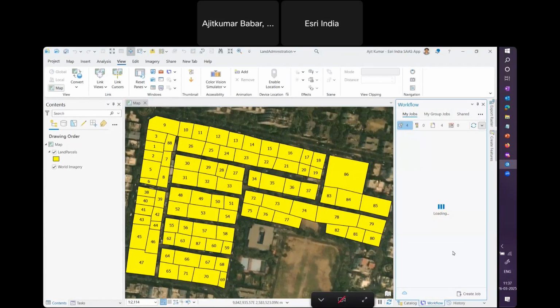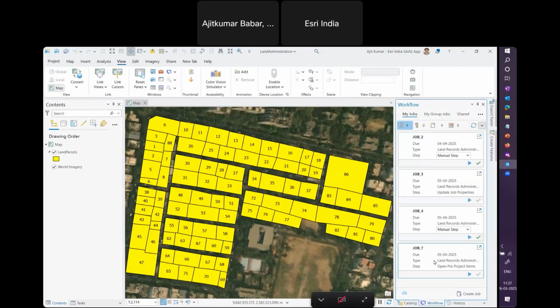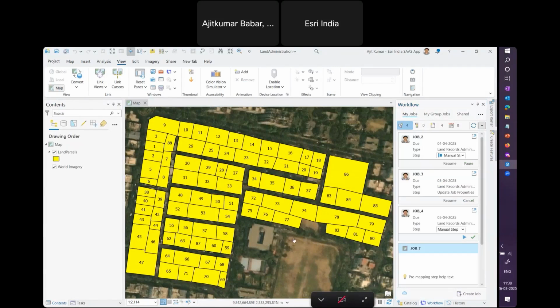As you can see, it's available now for me. And since I'm part of the workflow, I will go ahead and run this step from here itself, right? So once I run, it will download the latest ArcGIS Pro project from either your portal or ArcGIS Online, and it will have that particular layer. So this can be a service, like your branch versioning service, right? So you can create a version out of it and you can distribute or share that version with the field